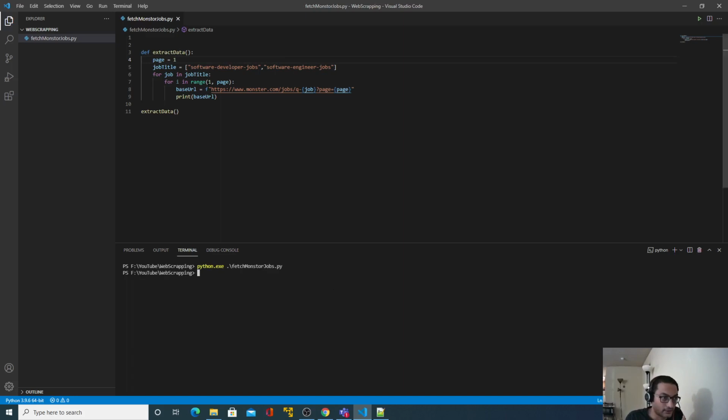Okay, it did not work, so I should go with 0. Okay, so page 1 and page 1 for two different. If I change this to 2, I will see two different URLs. Still it has to be page 1 and page 2. So what am I doing wrong?